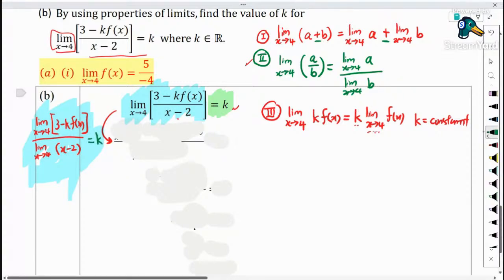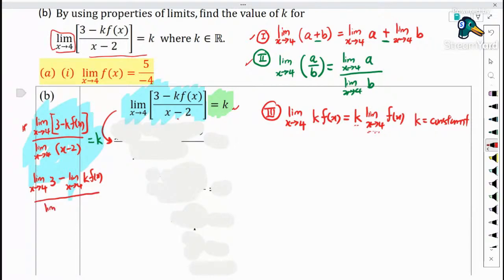Sorry, equal to 0, equal to k, not equal to 0. Then further, what I do further now is that I want to go for properties number 1, where now we focus on the top part here and apply properties number 1. We have limit x approaches 4, 3 minus limit x approaches 4, kf(x) over